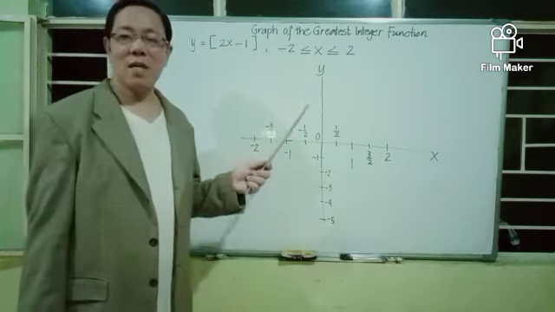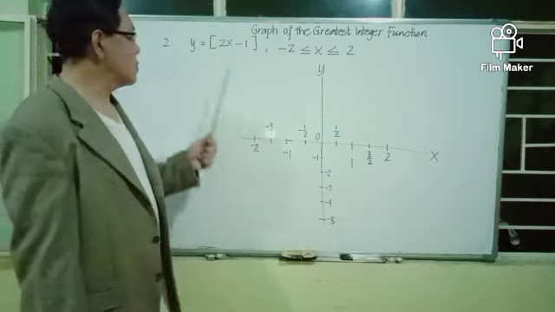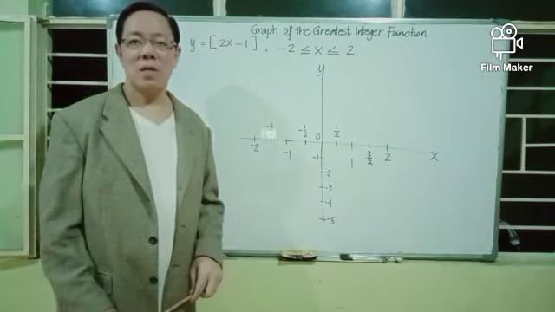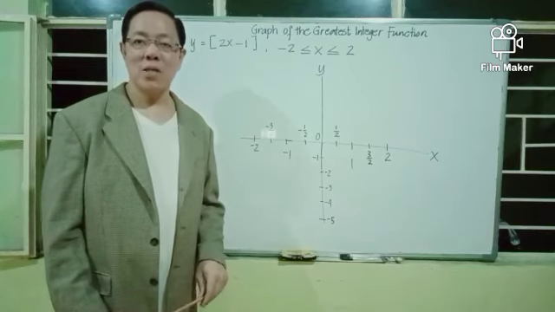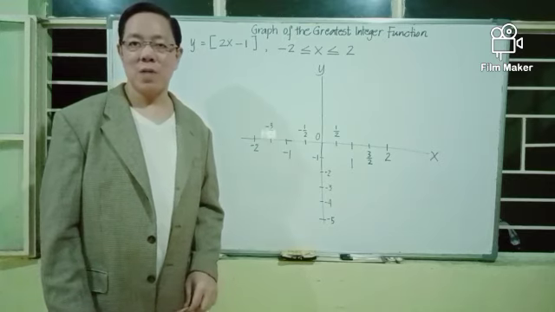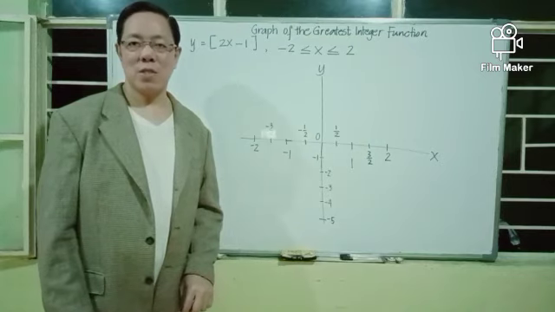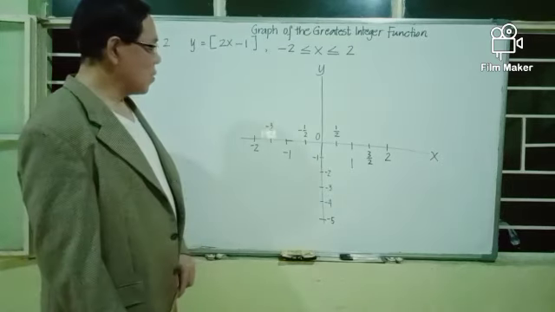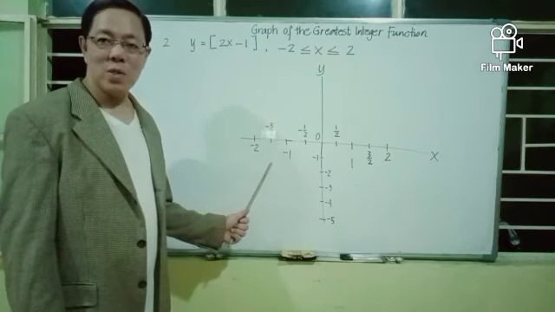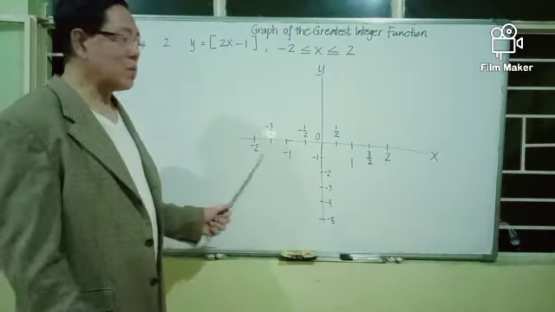The technique in sketching the graph of the greatest integer function is to find the values of y over an interval of 1 unit. That is, you find the values of y over an interval of 1 unit that is between 2 integers. So we consider now the first 1 unit interval from negative 2 to negative 1. When x is negative 2,